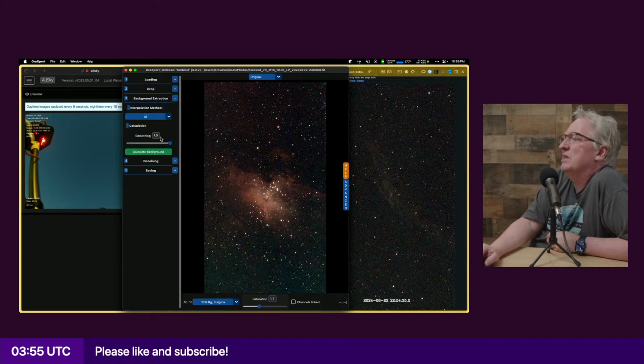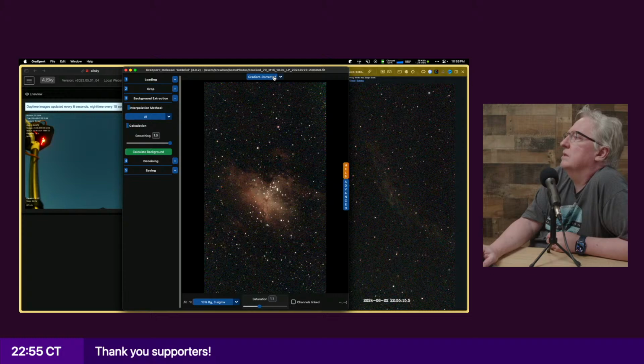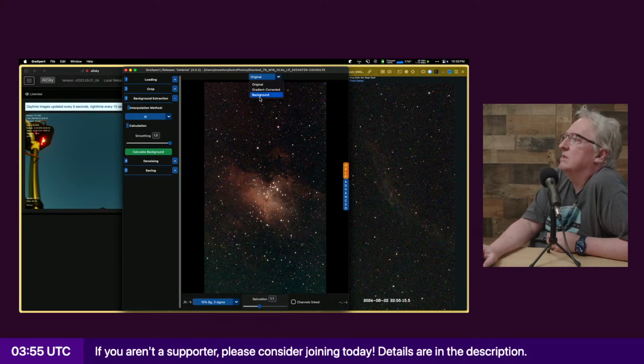So let's see background extraction. Let's see how quickly this runs. This is a stack from a few weeks ago, but no processing has happened with it. Okay, so you see how quickly. That took like a couple of seconds. Yeah, that would be worth it. And this is the AI background extraction, so I could do that live. That would be cool.